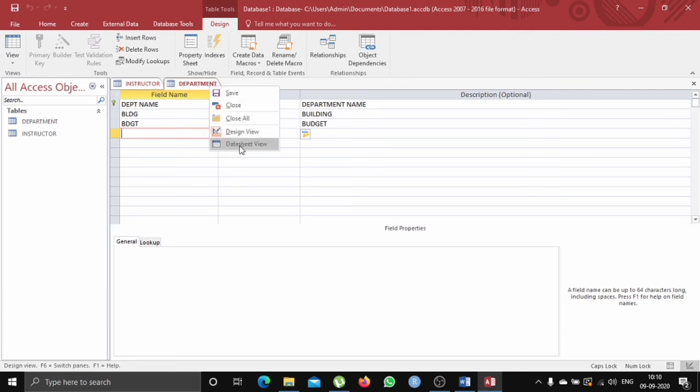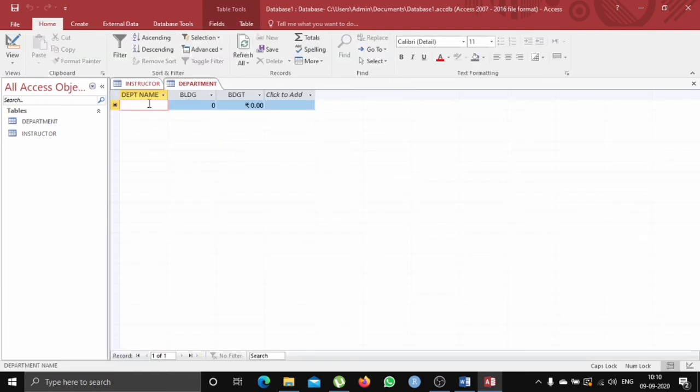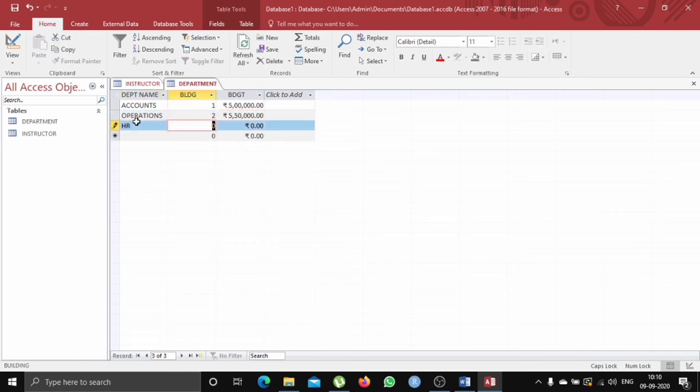Now you can view this in datasheet view and create your own departments. So with department we can create it as accounts, first building number, and the currency or the amount you want, the budget. Next is operations, budget, and then we can consider HR.